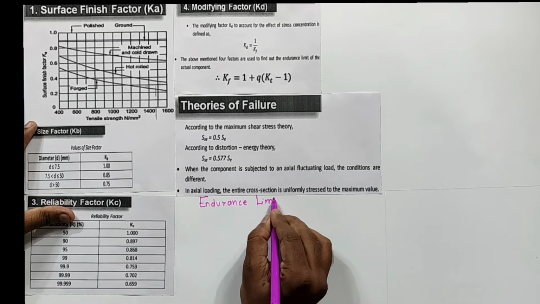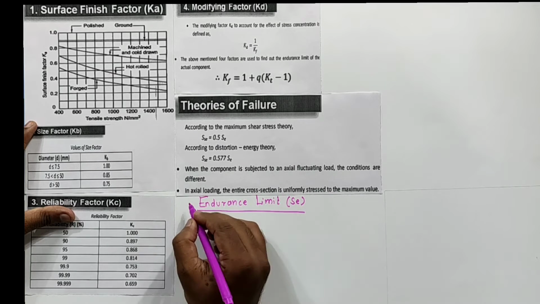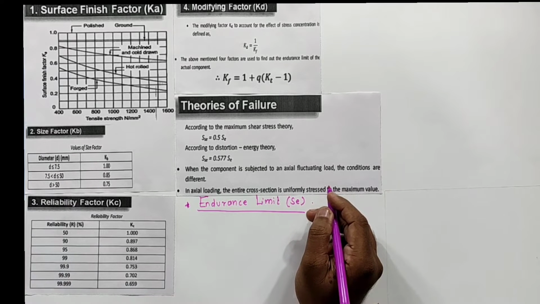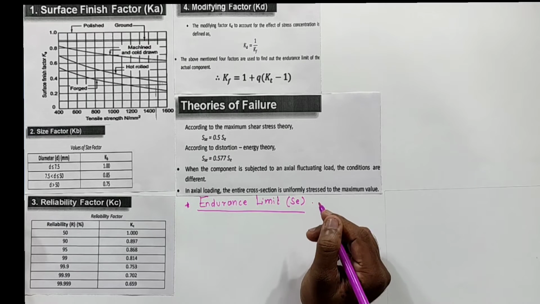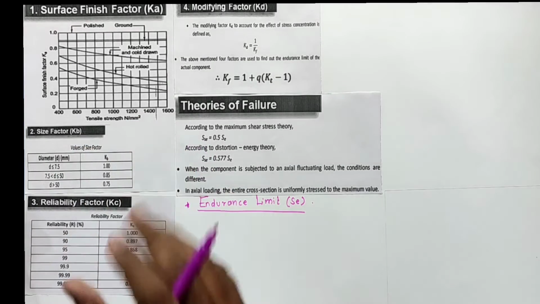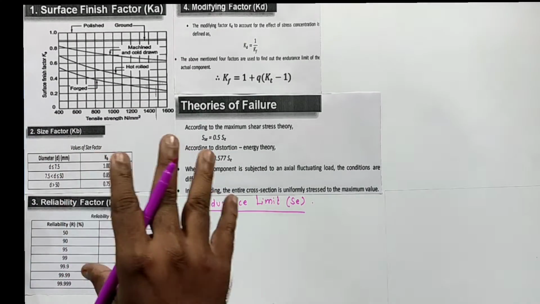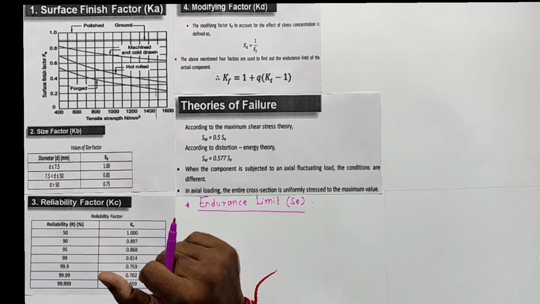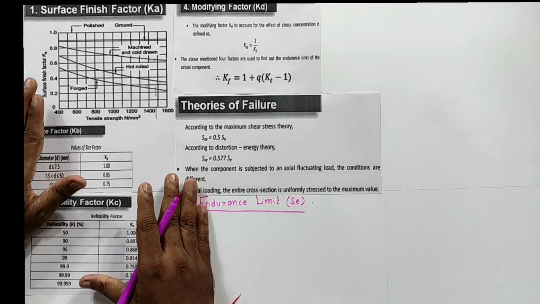Endurance limit. It is denoted by SE. Very important. Now how to calculate this? We have understood the theoretical parameters related to this, but how to calculate? As I told you, fluctuating load is not visible, so we have to take a reference of data books. I have pasted here some data which are required and directly given in numericals, but I'll tell you how to read it and how to find the dimensions which we require.